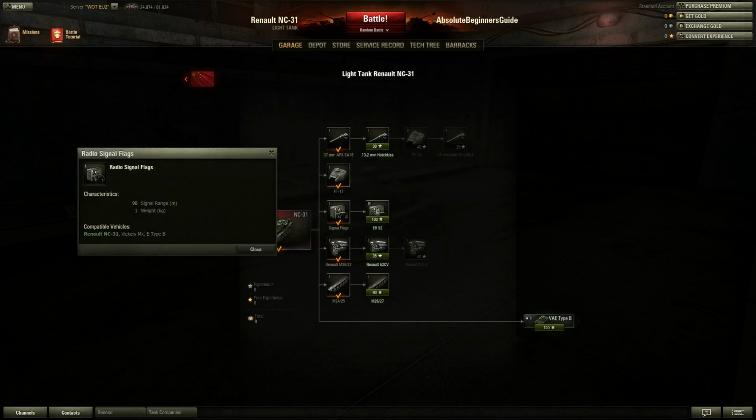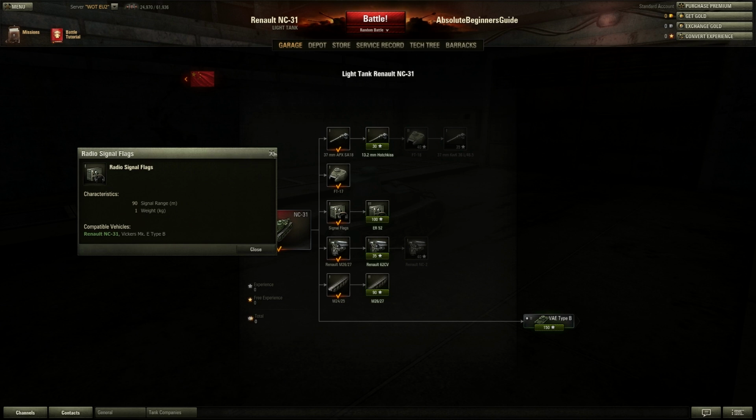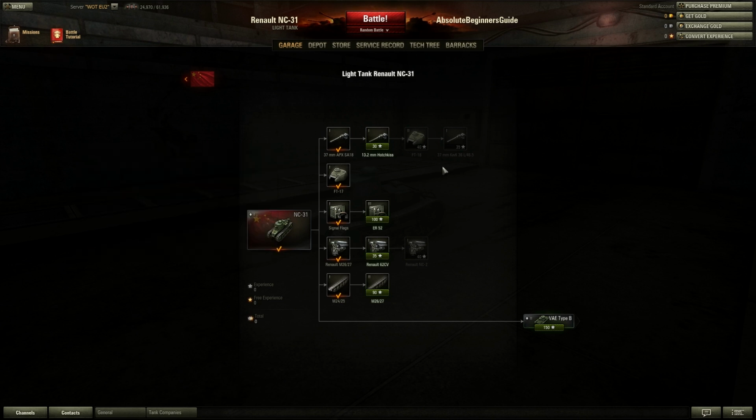Radios, very simple things. The more radio range you've got, I mean, that is a significant improvement. The better radio range you've got, the more that you can see of your own team. Your minimap will show your team. If your radio range is poor, you can not only not see much of your own team if it's a big map, but also you'll miss out on